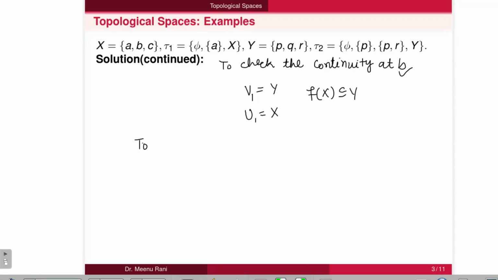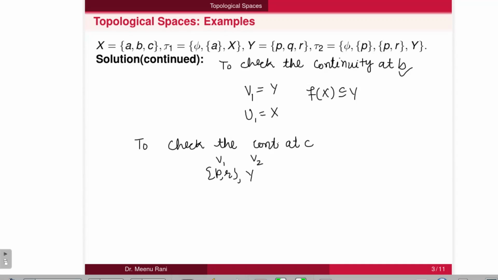Now to check the continuity at C, we take all the open sets containing F of C, and C is mapping to R. So we take all the open sets in Y, that is PR and Y, call them V1 and V2.